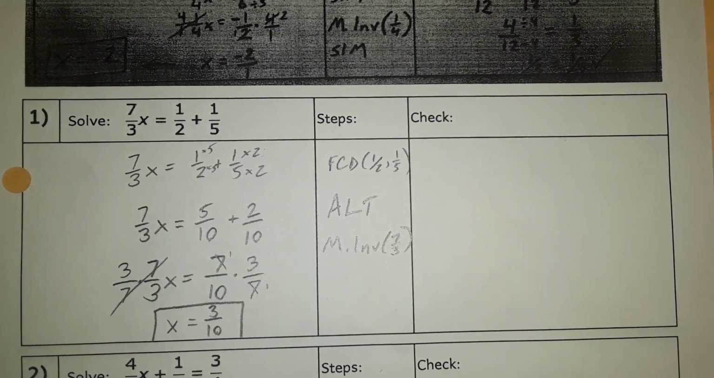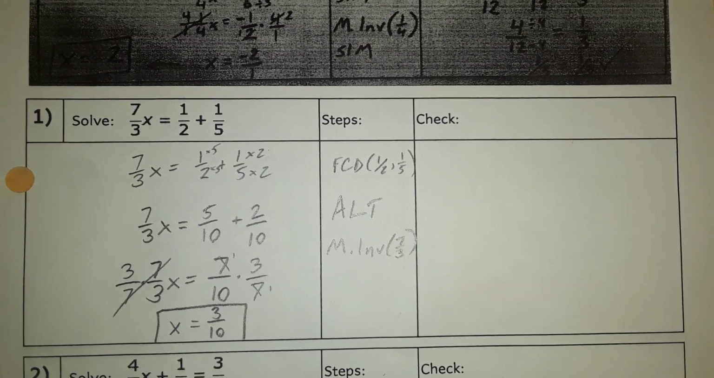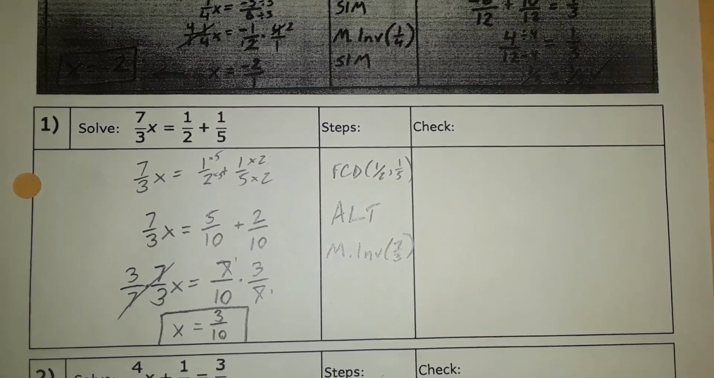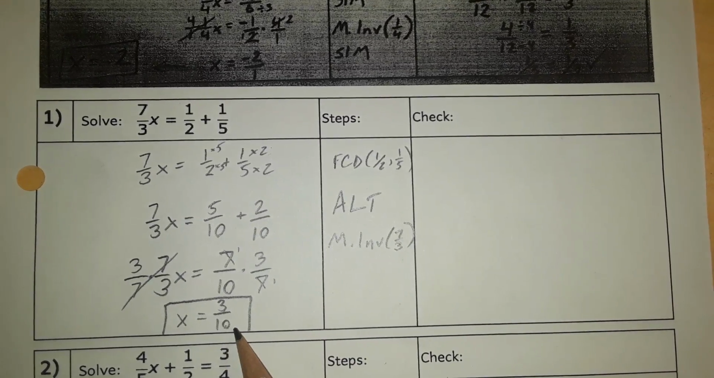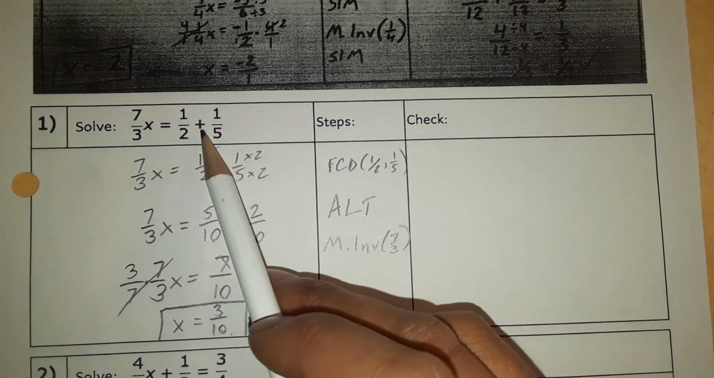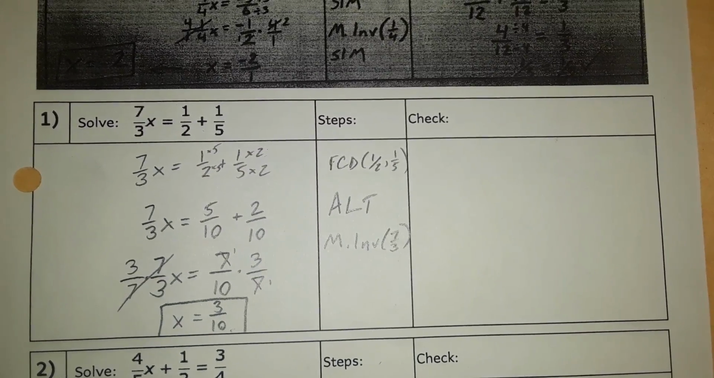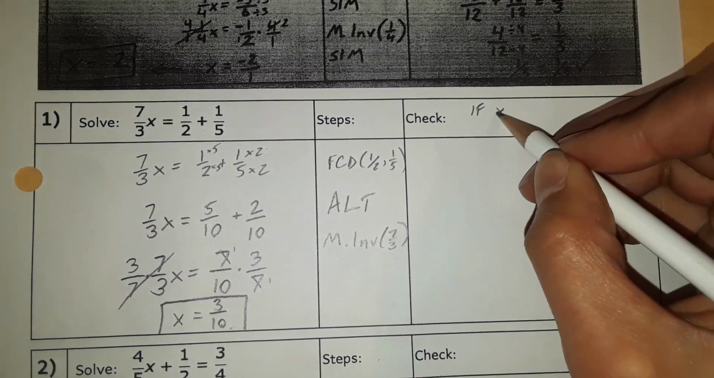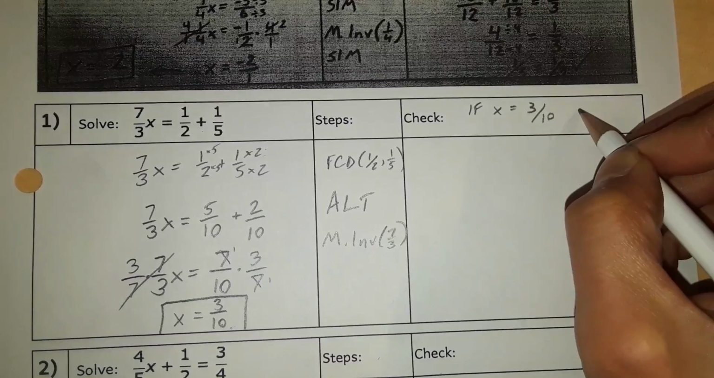Alright, when we're doing our check with equations that have fractions in them, it's basically the same as normal, except we may have to do some finding of some common denominators in the check part as well. So here we've got a solution of x equals 3 over 10. We're going to plug that back into the original equation here to check to make sure that solution is actually the correct one. So here I'm going to write if x equals 3 over 10, then,